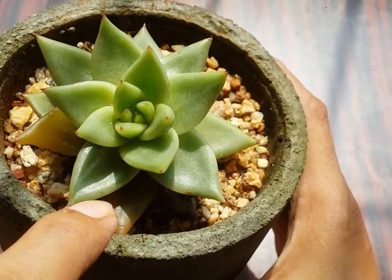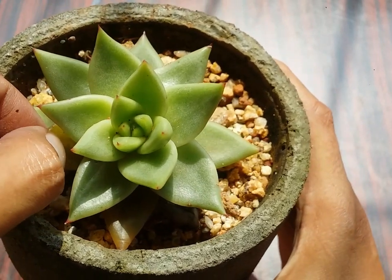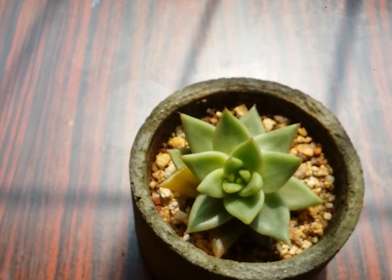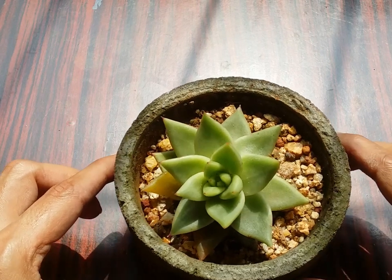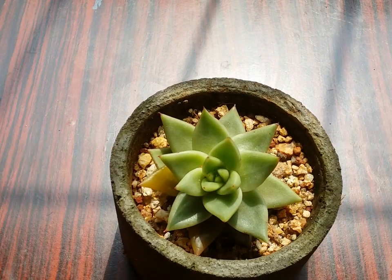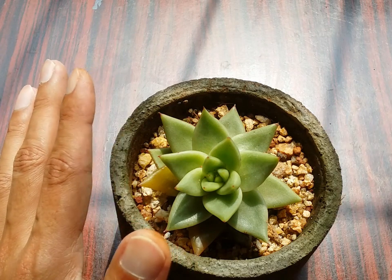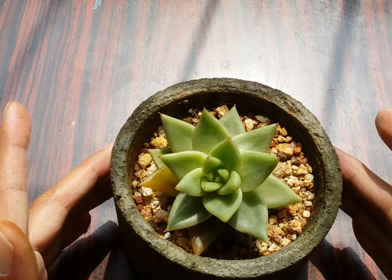When you start noticing that the lower leaves are turning yellow and transparent, you have to immediately stop watering your succulent, because if you do further watering, the succulent will rot. These are the early signs showing that the succulent is telling you that it is being overwatered. So a lot of the lower leaves will start turning transparent yellow. They will be very mushy to touch, they will be very soft, and they will even start to fall the